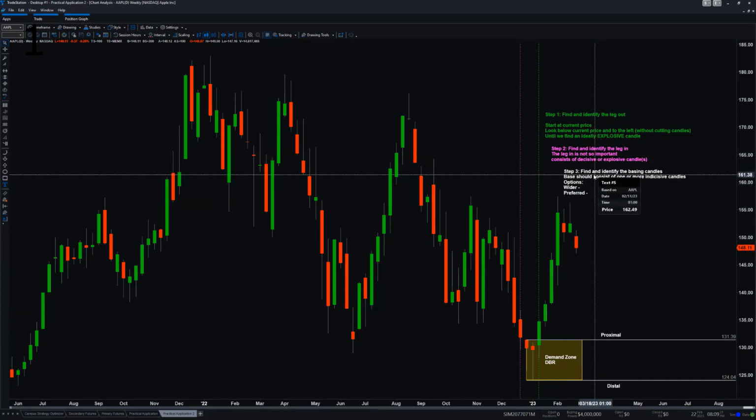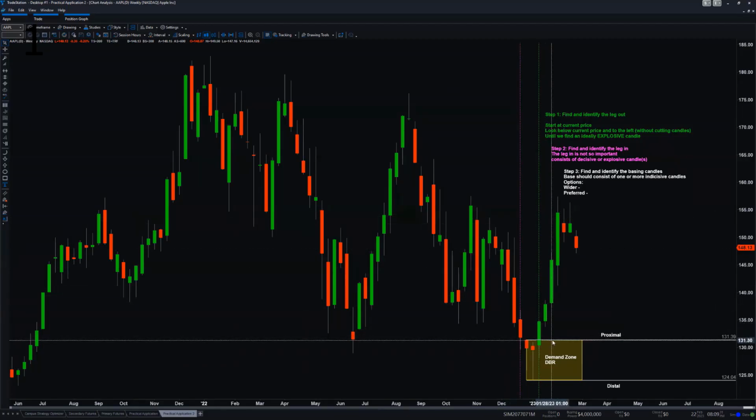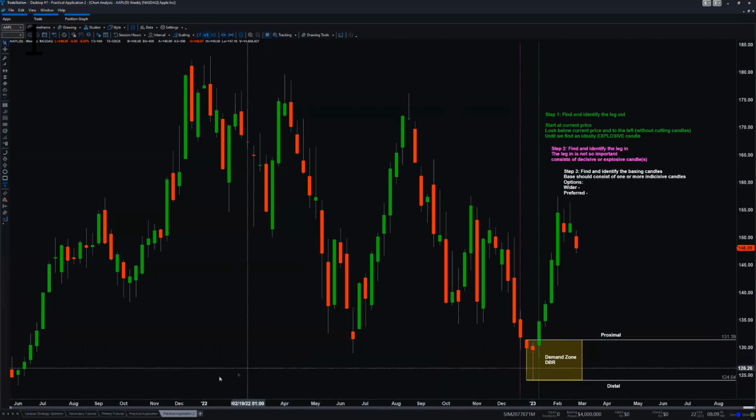So take a screenshot of that. Step 1, step 2, and step 3. What we do is we always put those lines, the vertical lines and the horizontal lines. And what I'm going to do as well, of course, is I'm going to show you how to navigate on your own TradeStation eventually as well. But first things first,